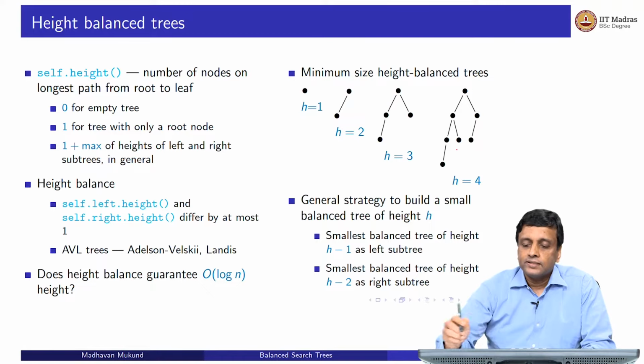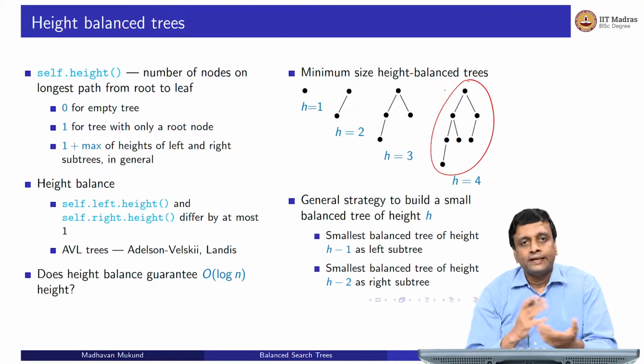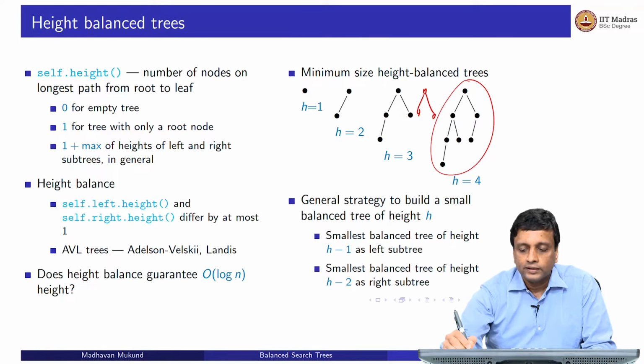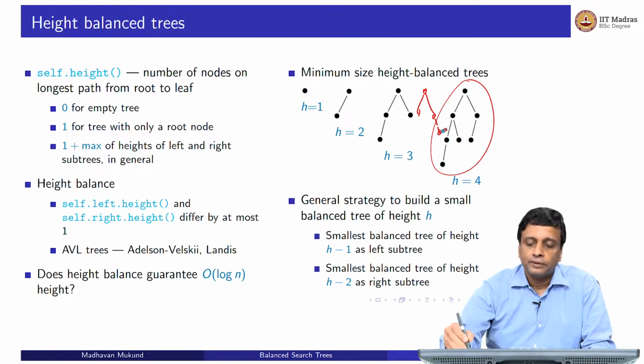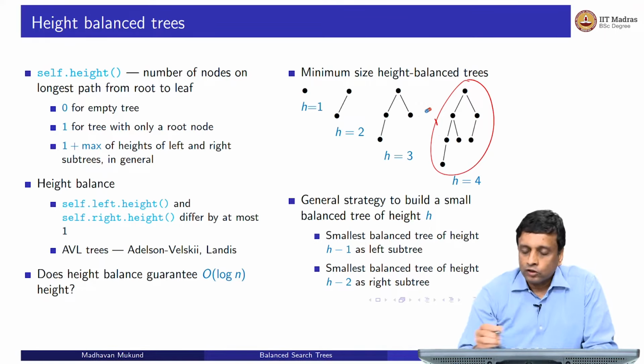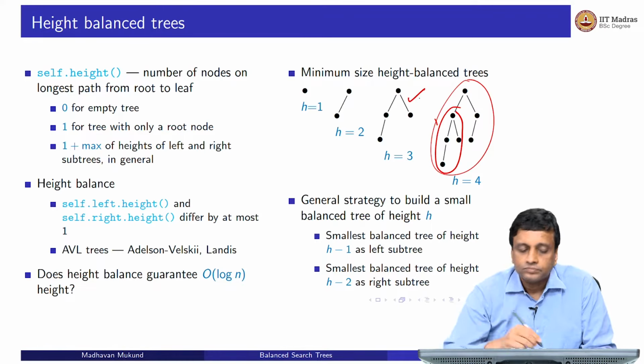So it turns out that this, in fact, is, up to symmetry and all that, of course, all these things, remember, are symmetric. I could have drawn this tree also by putting the thing on the right hand side, for example, right? So there are many possible ways of drawing these trees. So up to symmetry, I claim that this is the smallest tree you can draw of height 4, which is height balanced. Now if you look at it closely, you will see that on its left it has this tree,